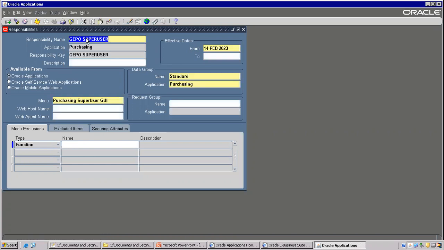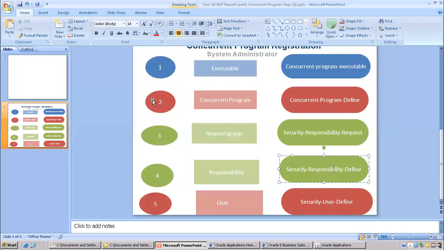Here is the place where we attach the request group. A responsibility will have a request group. A request group will have all the programs. There may be 100 programs, there may be 10 programs, whatever. It's a group. The request group is also over. Now next is